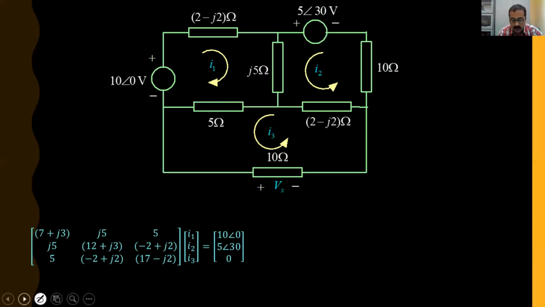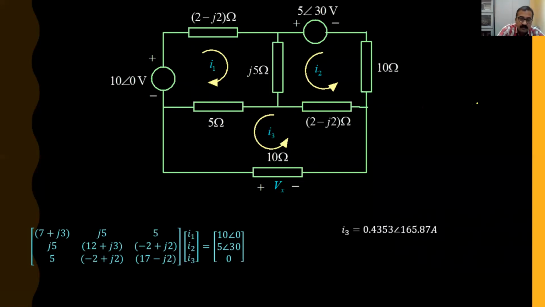Now we have to solve for delta 1, delta 2, delta 3. So what do you get? You are asked to find Vx. That means which current do you need? I3. So you have to solve for delta 3 by delta. Okay. No need to solve for delta 1 and delta 2. So you should read the question properly before attempting it. There is no point in finding I1 and I2. Why? Because the question is to find the drop in 10 ohm, and the current through 10 ohm corresponds to I3. So that means you have to find delta 3 by delta.